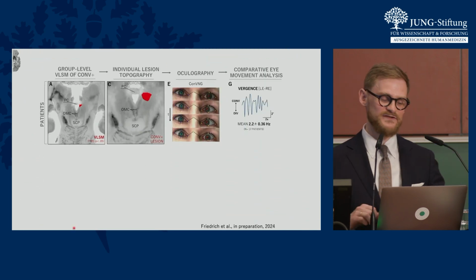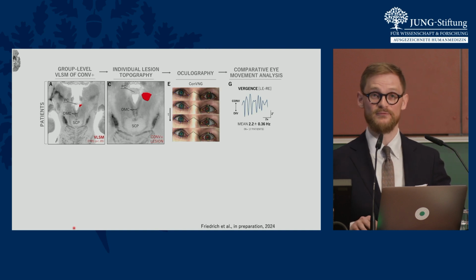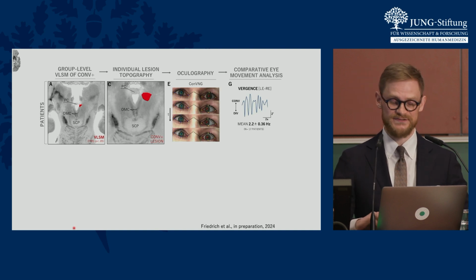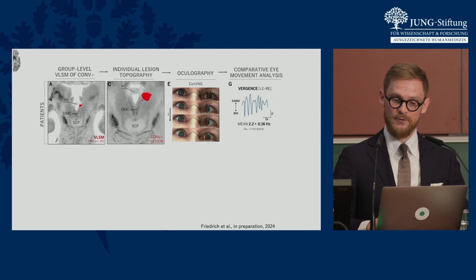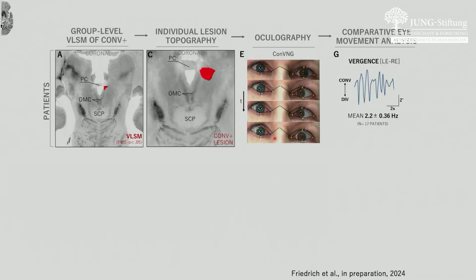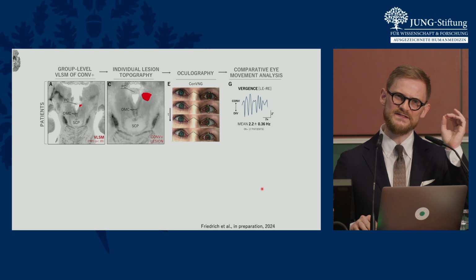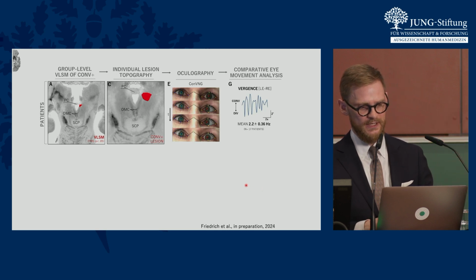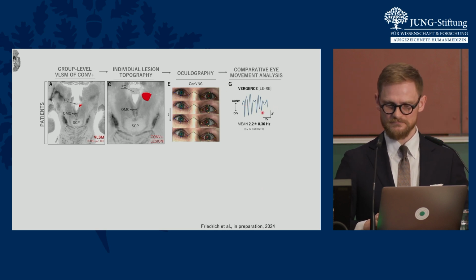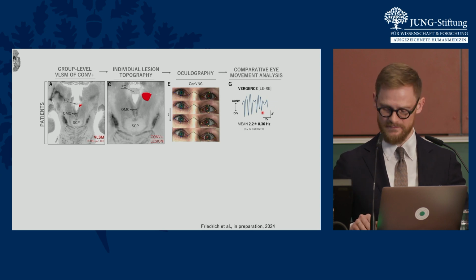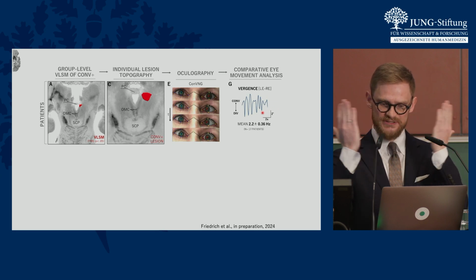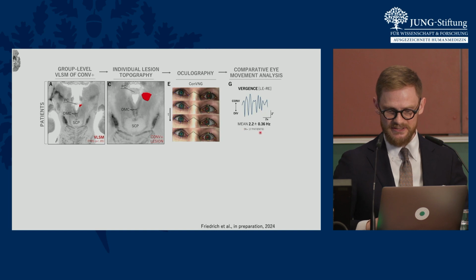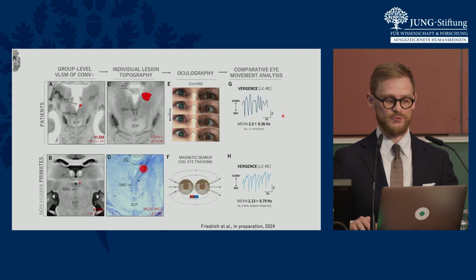And now let's come back to the mystery spot that kept me up for several nights in the last years. So up here, I show you again one example lesion. And interestingly, in these 66 cases that I told you about initially, 17 had videos available. So in this subgroup, I really wanted to know, how does this nystagmus exactly behave? And here you can see a trace extracted from the eye movements of the patients. These are convergent and divergent movements happening at a frequency of around 2.2 hertz.